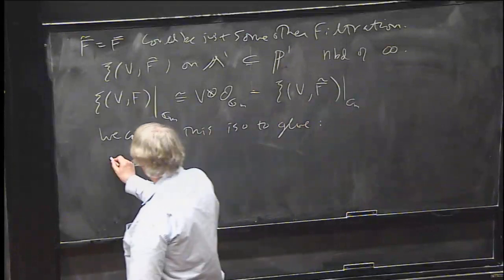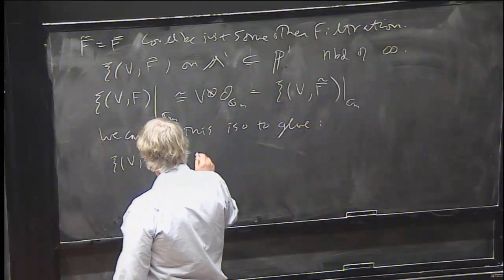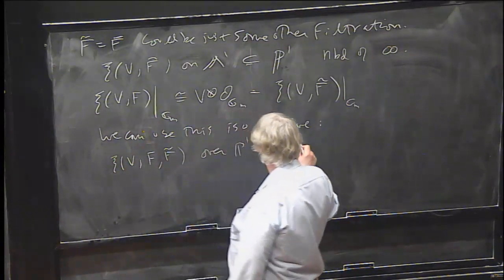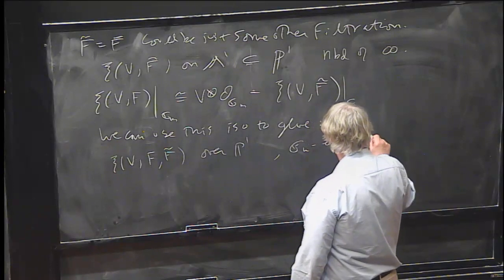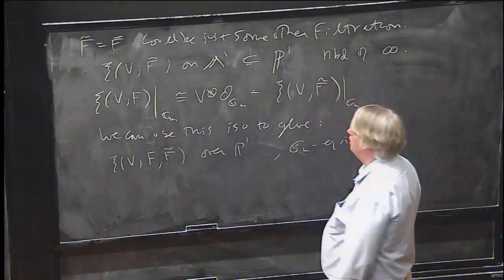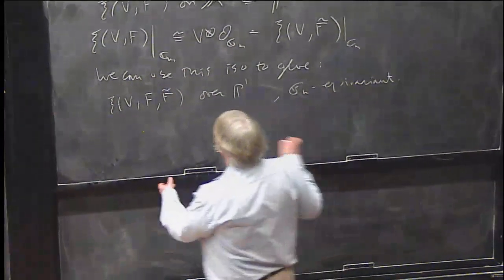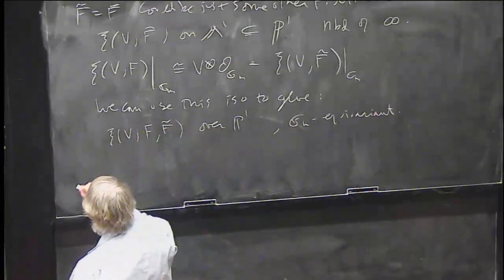And we get a bundle, the Rees construction of V, F tilde, over P1. And it's G_m equivariant. Now we have our two filtrations, F and F tilde, if we take F tilde equals F bar,